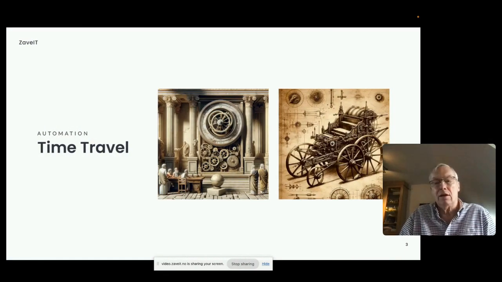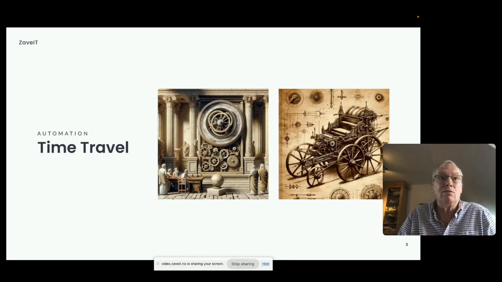So without further ado, we all know that automation is not new, okay? It's been around for centuries, and the earliest use of the word automation is actually attributed to Homer. Those of you who know your Greek history, not Homer Simpson, the cartoon character, but Homer who wrote the Iliad and the Odyssey. And he was the guy who attributed that word to proposing a self-moving chariot. We haven't quite got there yet, I don't suppose, because we're still talking about having driverless cars, etc. But certainly it was recognized as the very early part of automation.